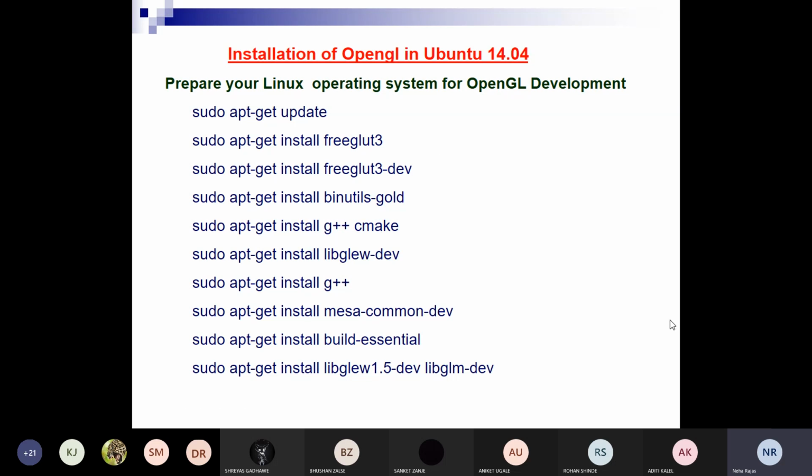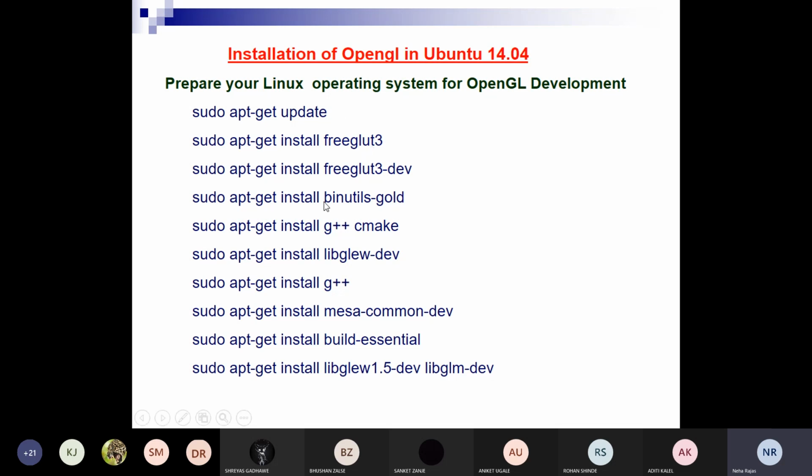All these are the commands for installation of the different libraries. First, sudo apt-get update. It will update your OS. Then sudo apt-get install freeglut3, which is the updated version of GLUT. What GLUT is, I will tell you in a further lecture.